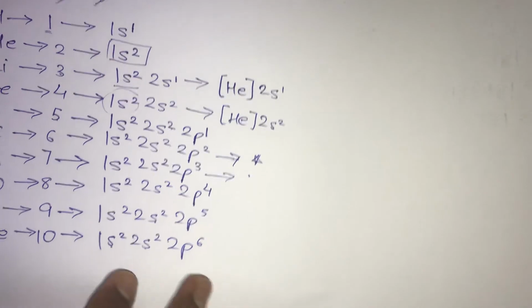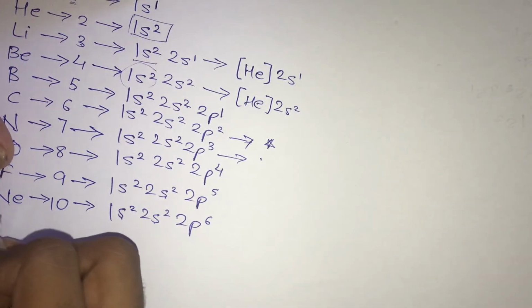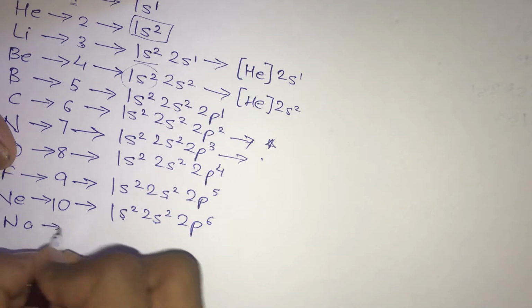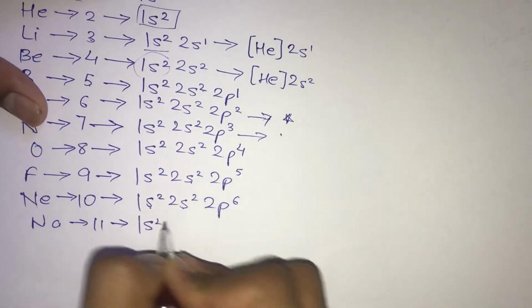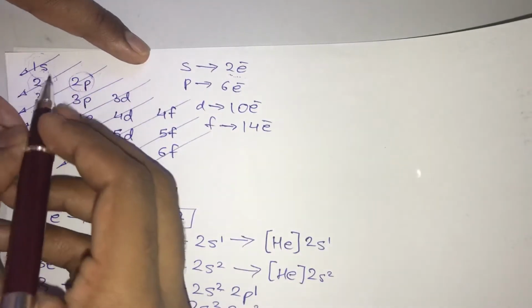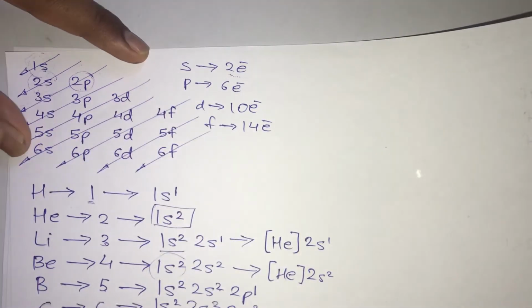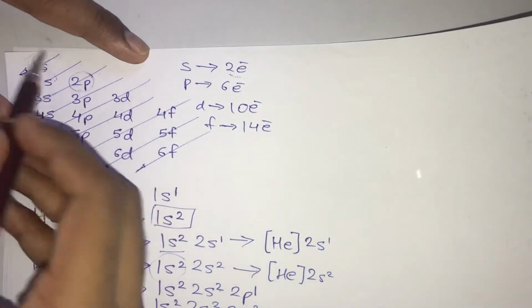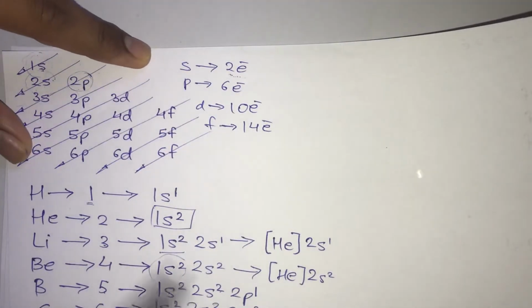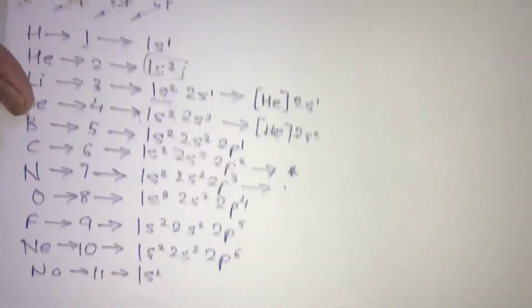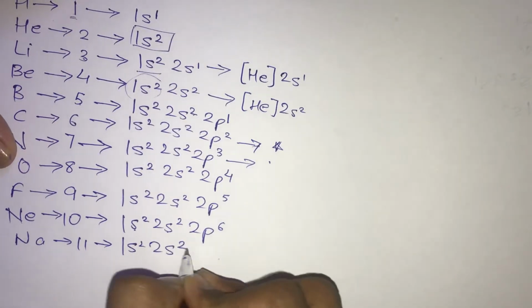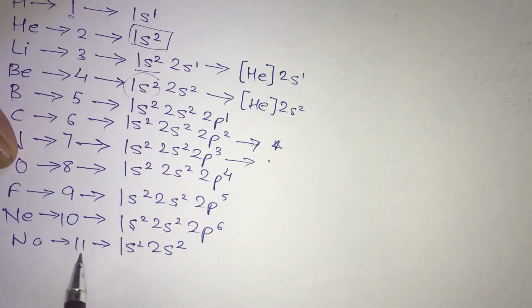Now let us move on to the next one, that is sodium, whose atomic number is 11. So first you are going to meet 1s2. 1s can accommodate a maximum of 2 electrons. So out of 11 electrons, 2 electrons are taken by 1s. Still there are 9 electrons remaining. So we move on to the next diagonal, that is 2s, where 2s can accommodate a maximum of 2 electrons. So out of 11 electrons, 4 electrons are accommodated into the subshells, still 7 are remaining.